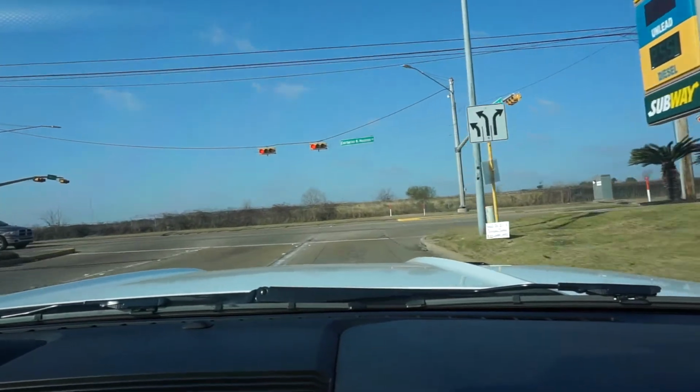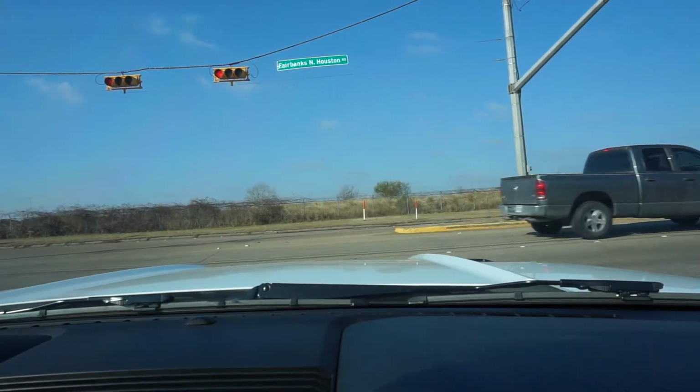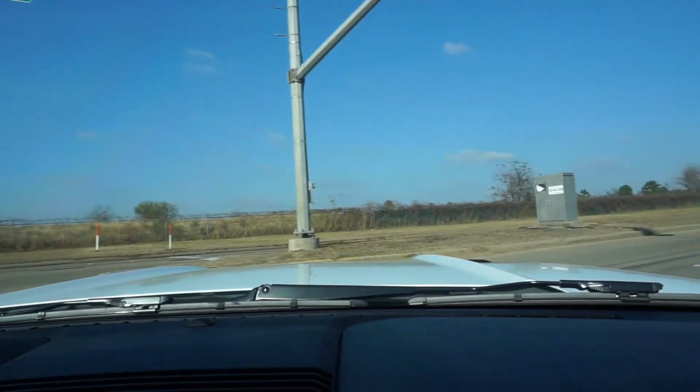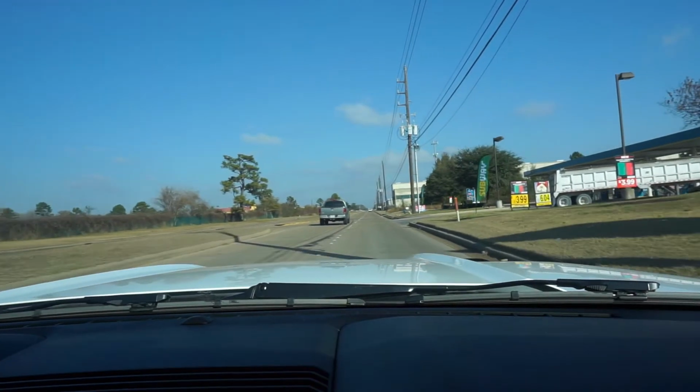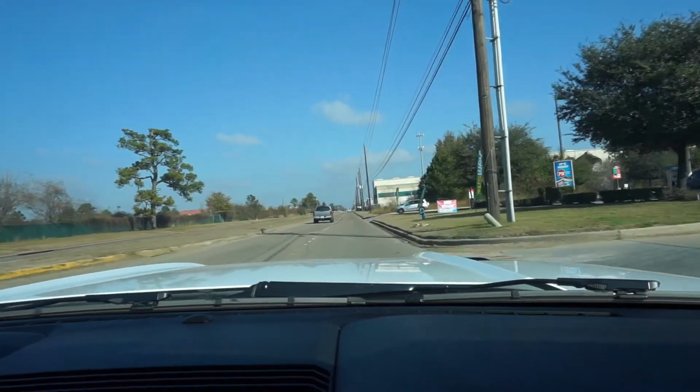Everything I've done with the car. When I first bought it, I bought it brand new. It only had 500 miles on it, so I guess it's technically not new. But